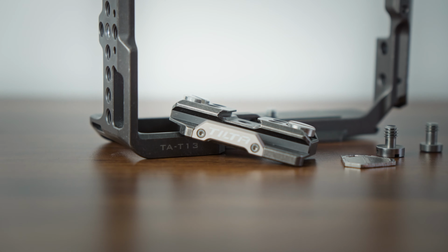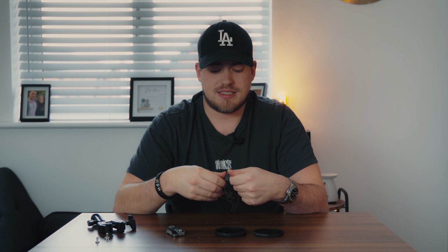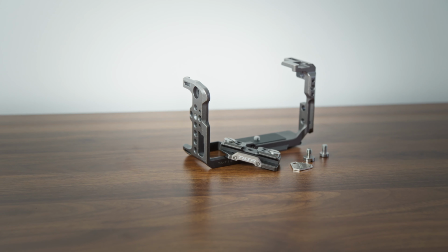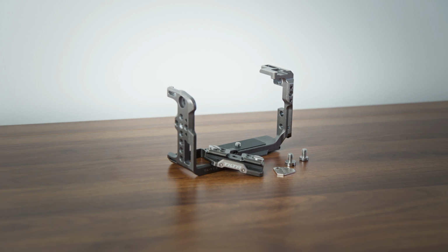This one here comes with a cool few things. It comes with a top NATO rail for the top of the camera as well. And what I really like is this magnetic camera key for the bolts and stuff. So if you did want to take it off on set, you can. And the purpose of this is I can, one, mount my camera at multiple angles on different things, but more importantly, if it gets hit, dropped, bashed or anything, I know the camera body itself is going to be